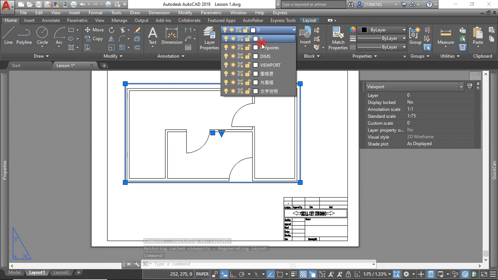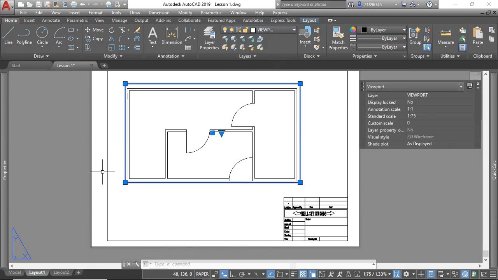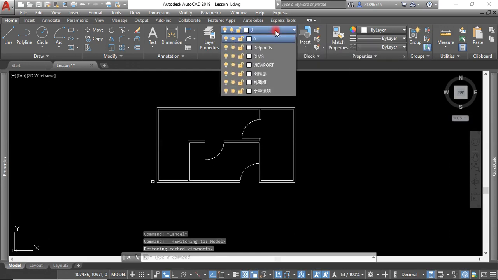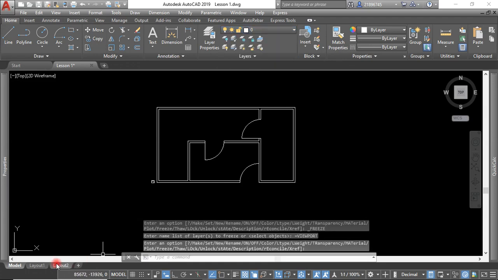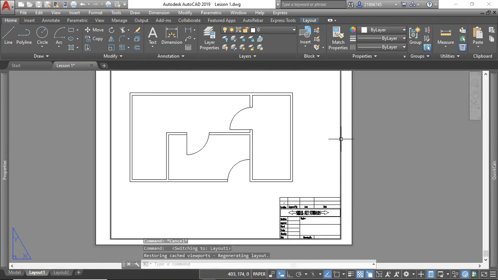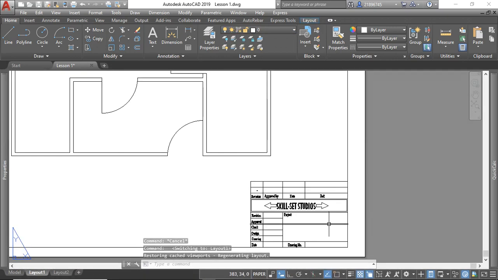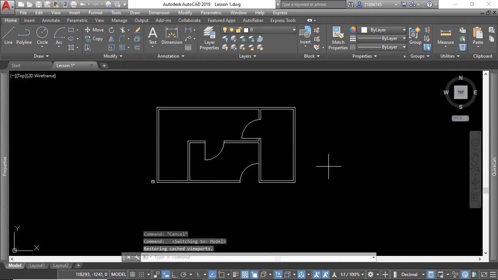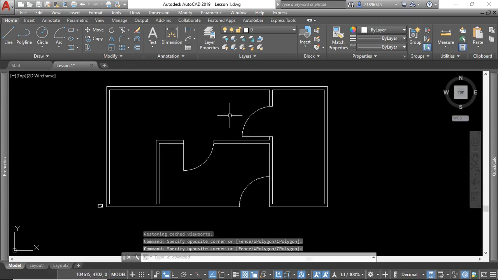Okay, so we now put this viewport in that layer. Then you come here, model space, then you switch off, you can freeze it. If you freeze it, it will not show. Let's see, yeah, like that. Okay, that is one way you can make a drawing and fit it into the sheet. The other way is